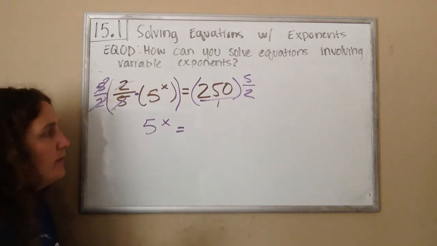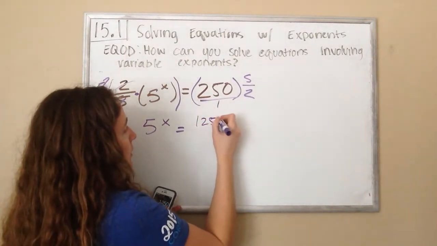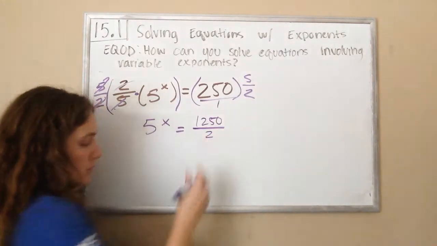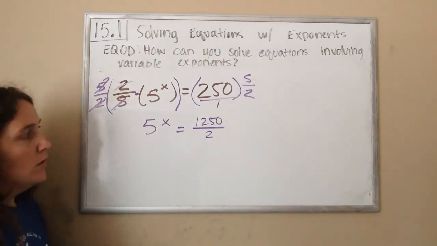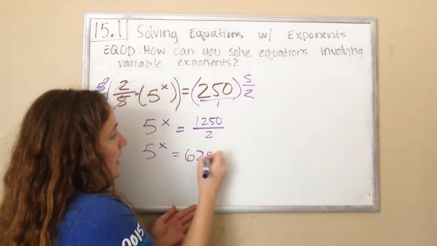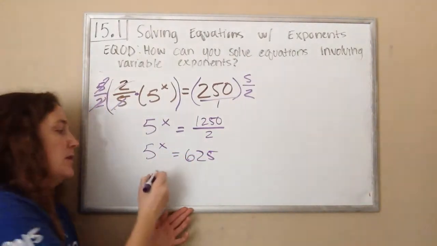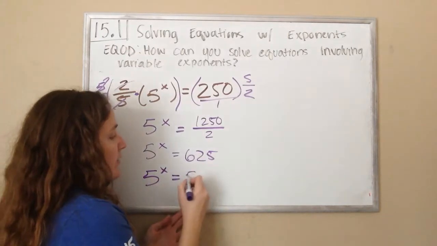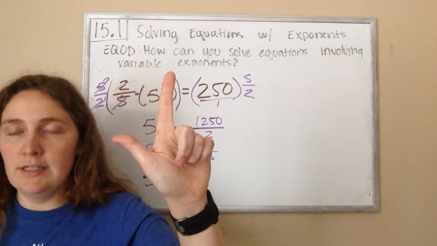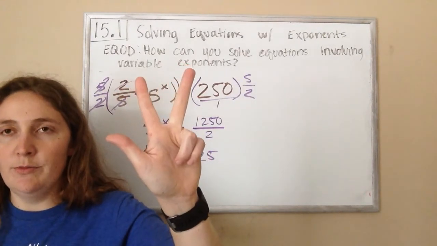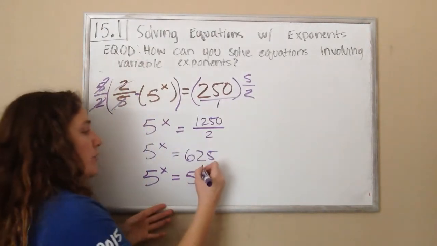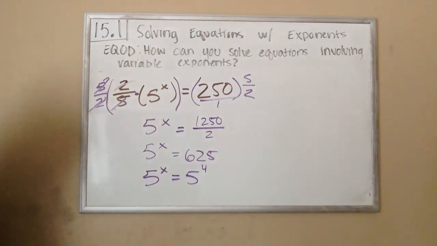250 times 5 is 1250 over 2, which means 5 to the x equals 625. Okay, which means that we need to figure out 5 to the x equals 5 to the something power. So 5 times 5 is 25, times 5 is 125, times 5 is 625. So 5 to the 4th power, which means that